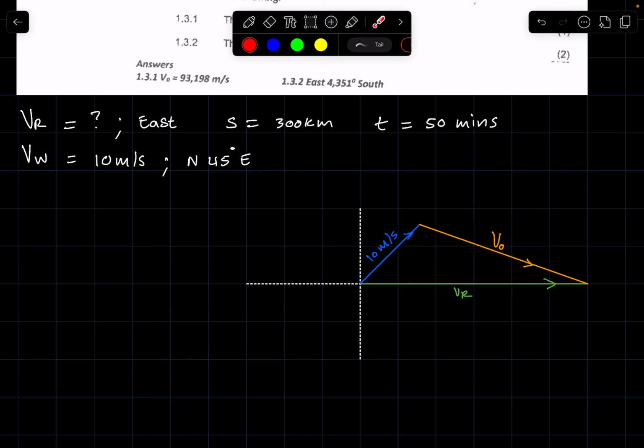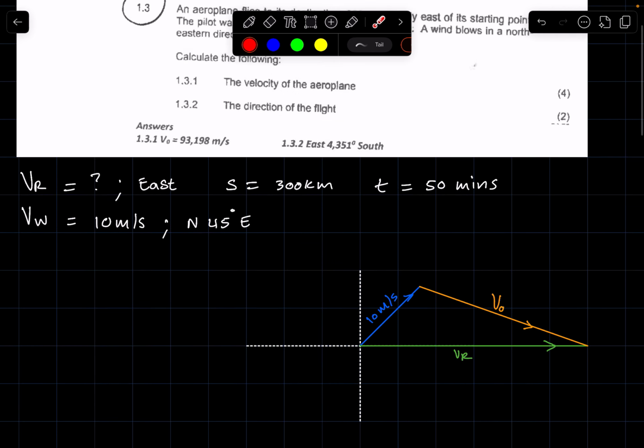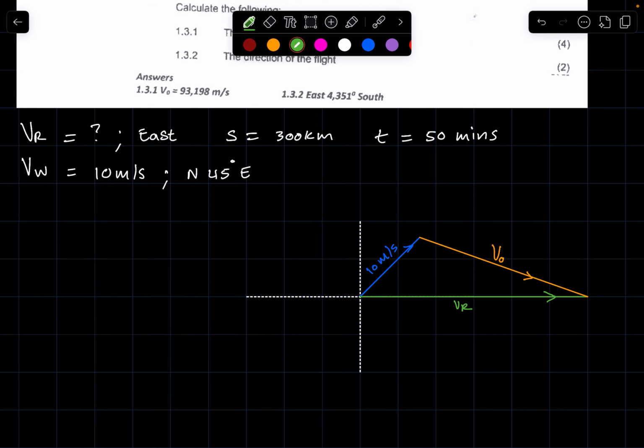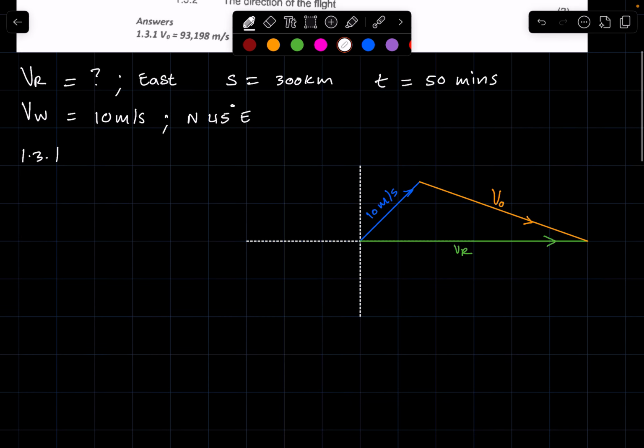We have VW, the magnitude of VW. We don't necessarily have the magnitude of VR, but we can get the magnitude of VR. We have the displacement and we have time, so we can get VR. Alright, so first calculating VR, this is 1.3.1. So calculating VR,